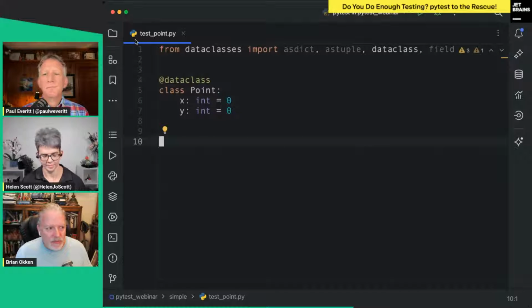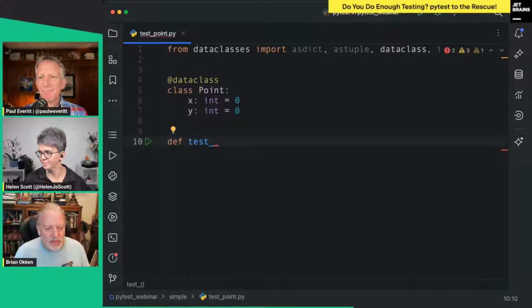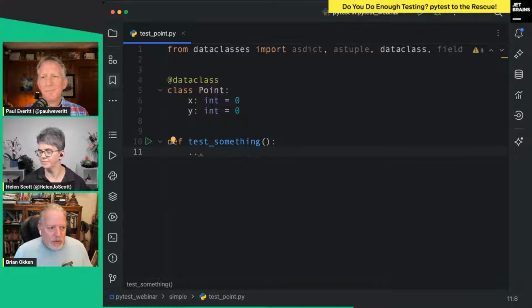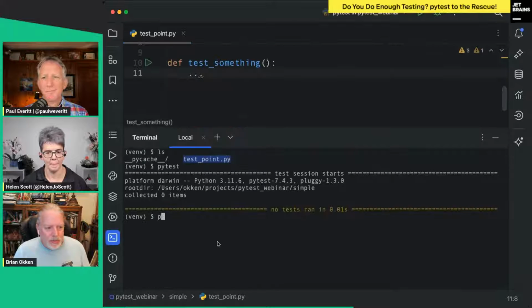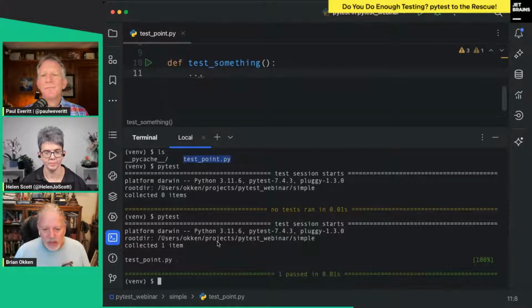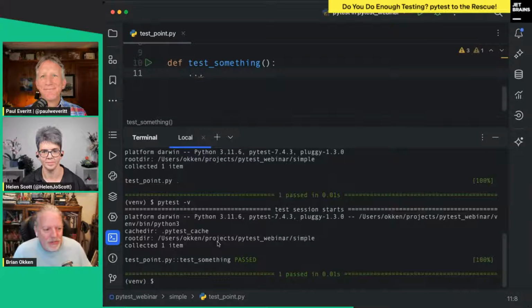And then I've got a file. So my file test underscore, it's going to look for functions within that file that start with test underscore too. So if we just say def test underscore, that's it. We could do anything. And it'll run at that point. So let's rerun pytest. And now we have a working test, and that's really all you have to do to get started. Now the test isn't very useful yet, but if I do -v.